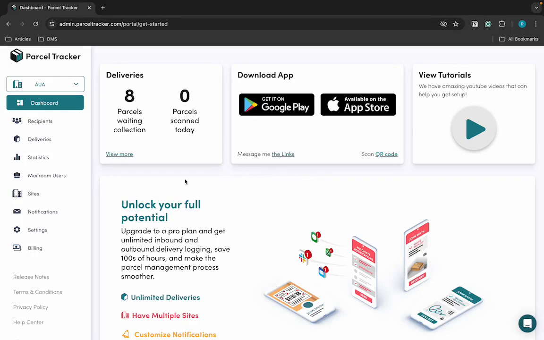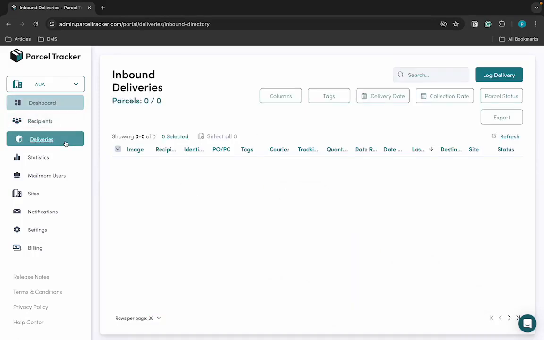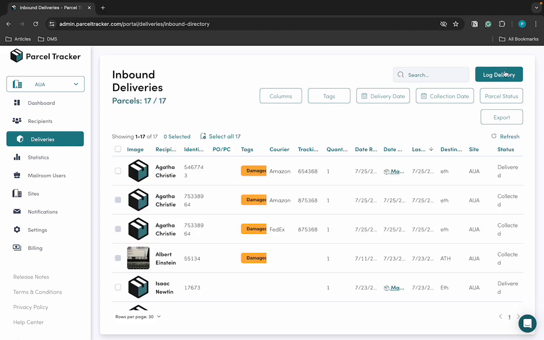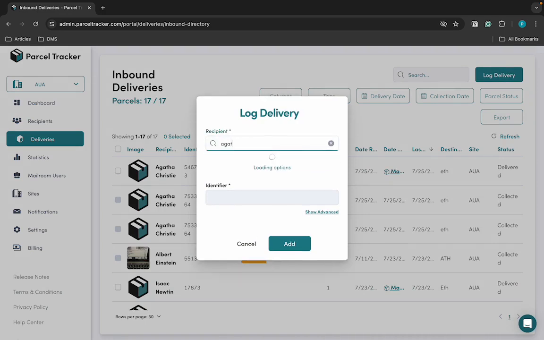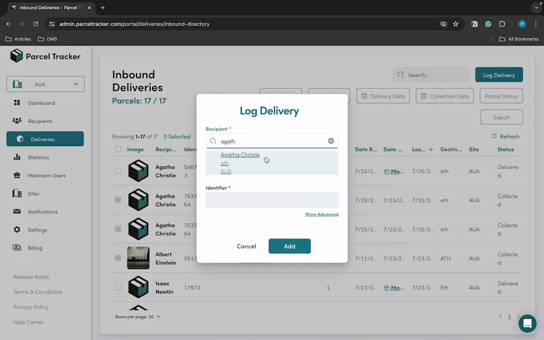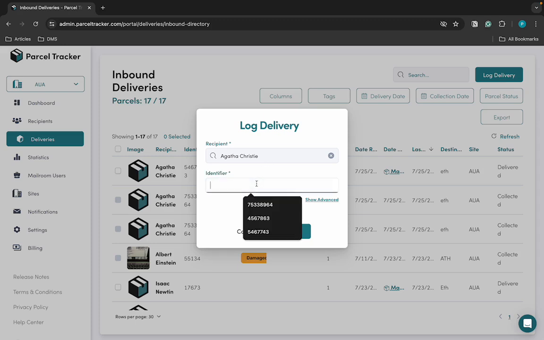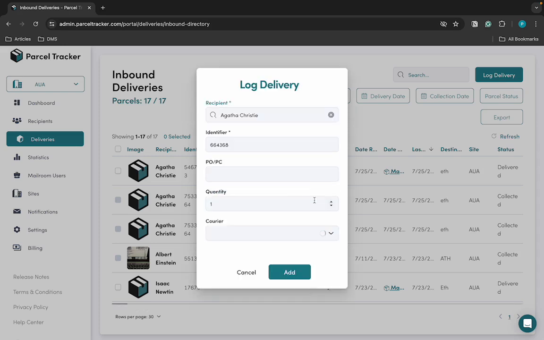First, log into your account and navigate to deliveries. Click on log delivery to manually log in the parcel. Type in the recipient name and select it from the list, then type in the identifier from the parcel and click on show advanced to